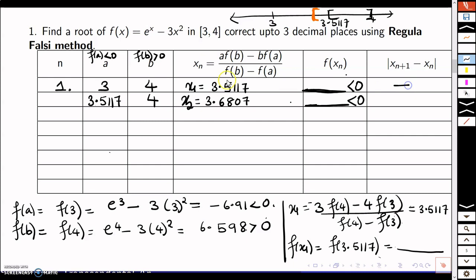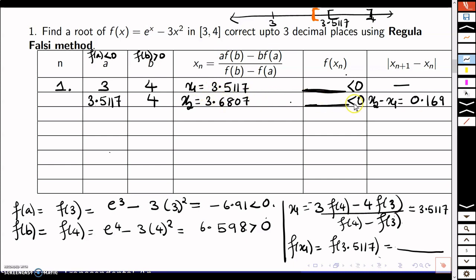Okay, so this was blank because nothing was there on top of x1. So now I can enter here the difference between x1, x2 and x1, the modulus of that. This will tell me up to what accuracy level I have reached at each stage. 0.169. Okay, so this is the difference between the first and the second approximate root, that is x2 and x1.